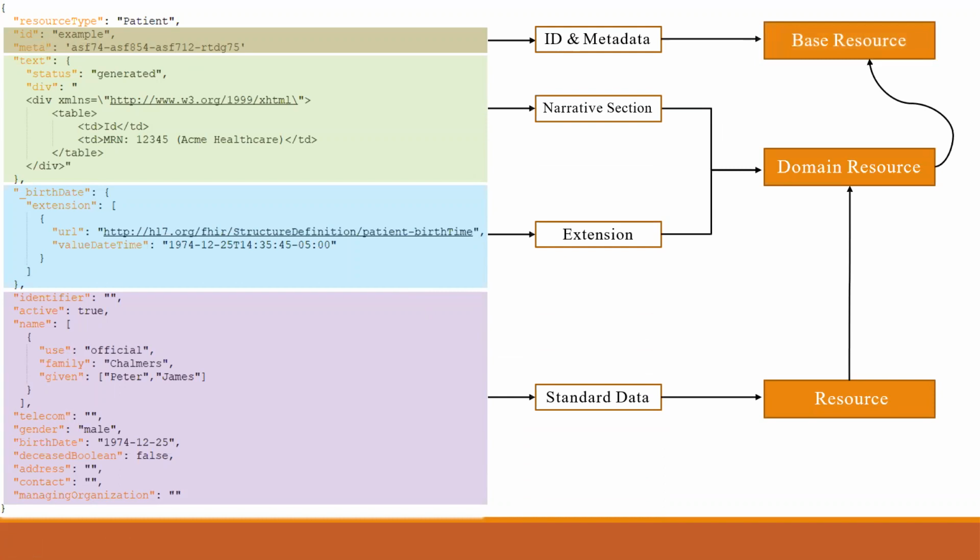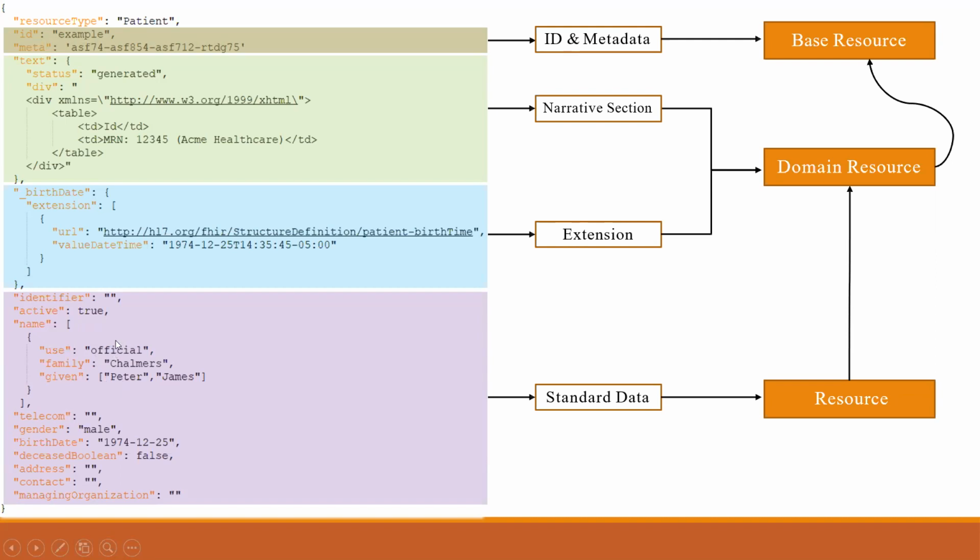Okay, there is a lot of understanding behind the scenes to understand what is a base resource, what is a domain resource, and what is a resource. But right now I want you to concentrate on the bottom one, where you have the patient's identifier, which is nothing but the patient ID, the patient name, what is his family name, what is his given name, and whether